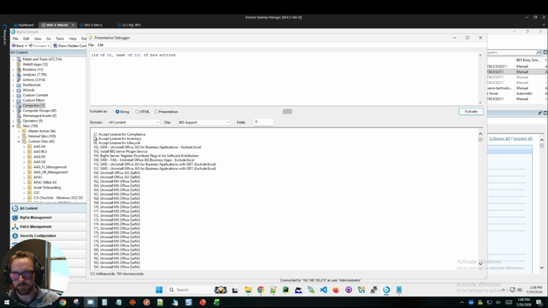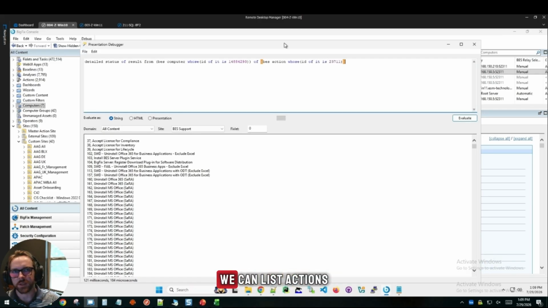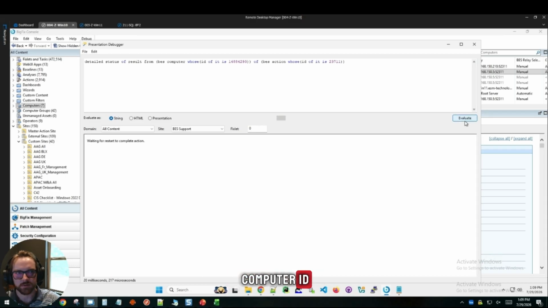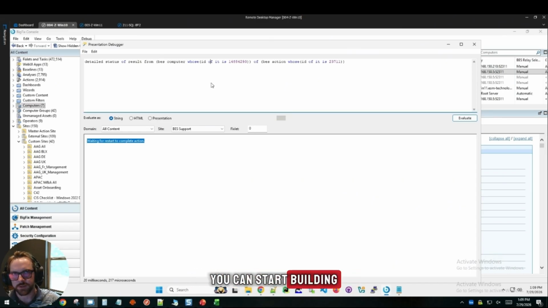in the console. Now that we know we can list computers, we can list actions, let's see if we can grab an action result specifically by the action ID or a specific computer ID. And we can see that this action is waiting for restart to complete the action. So those are some of the simple examples. Once you learn the language, you can start building up from there, and you can query almost anything about the